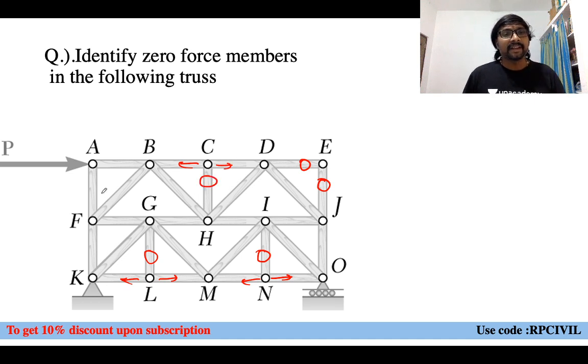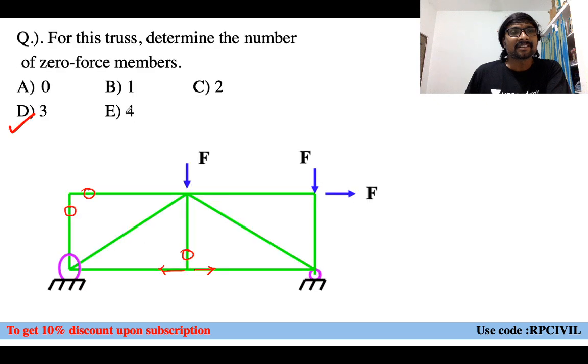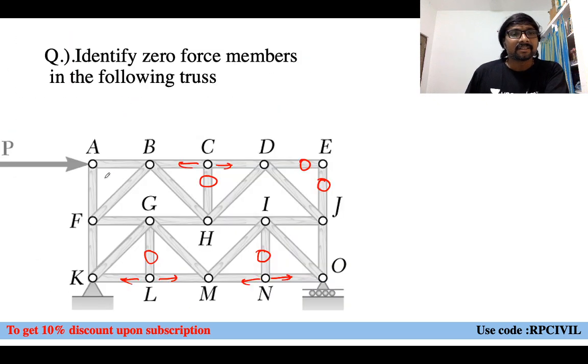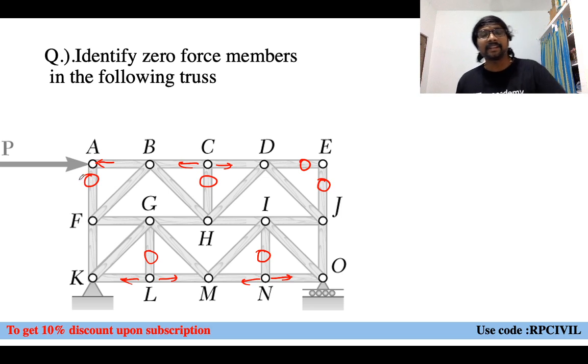Like that. At this place also if you observe, two members are meeting, right? At the joint, two members are meeting, AF and AB. Among them, one member is parallel to the force or reaction. Which one will it be? Third case, na? Yes or no? It is third case. So this is your third case. So force in the member AB is balanced by this load. Who is there to balance force in the member AF at the joint A? Nothing. So force in the member AF equals 0. Like that we are getting.